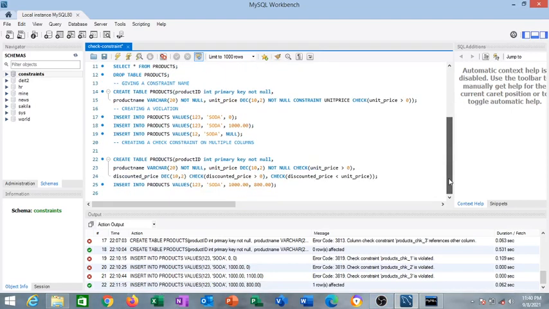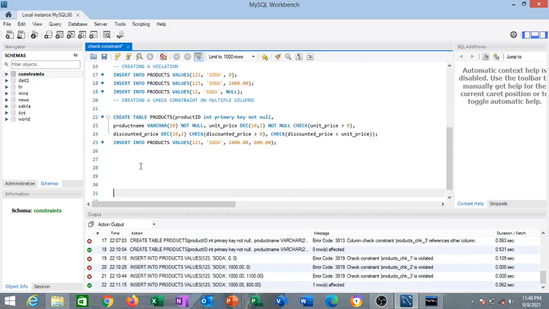We can create this table in other ways, just changing a few things. We can look at them. We can say just drop the table products, and